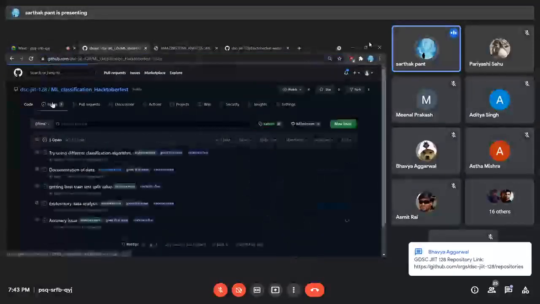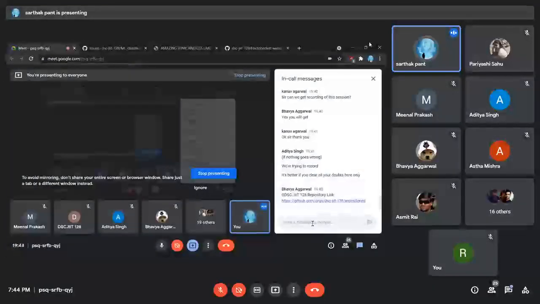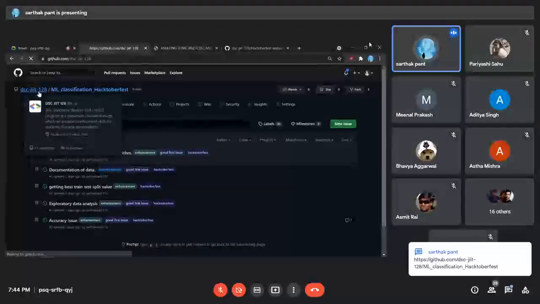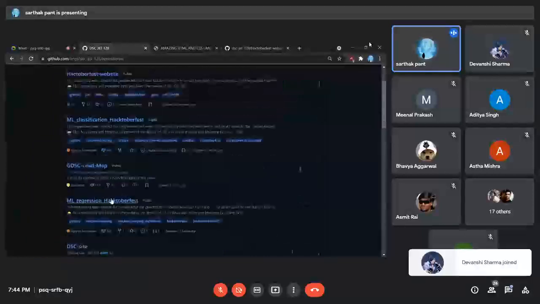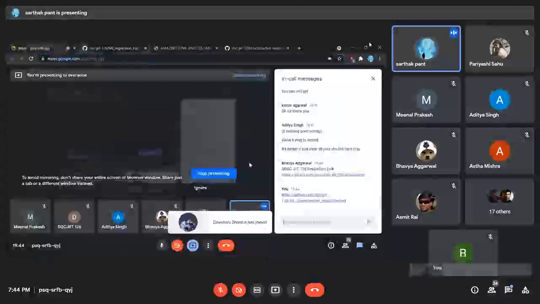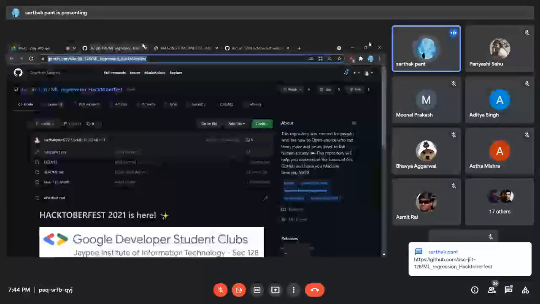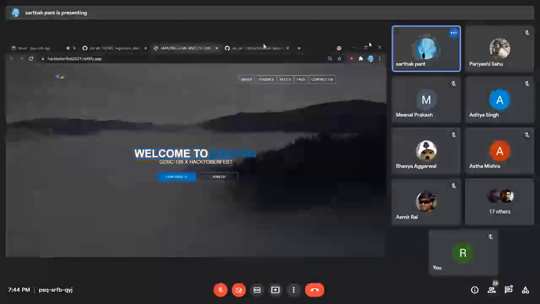We have made some good issues in this that are beginner friendly too, and some are moderate also. And one more is our regression. Both are basic algorithms that are very easy to learn, regression and classification. You can check out both of these repositories.